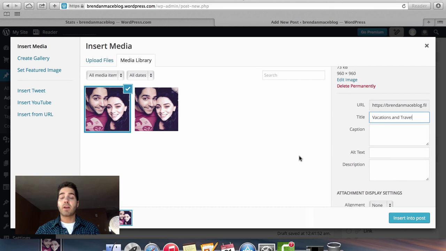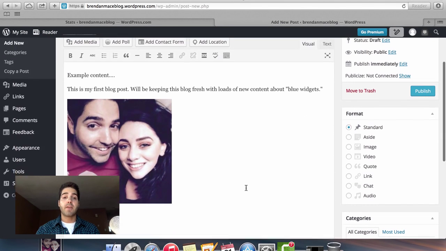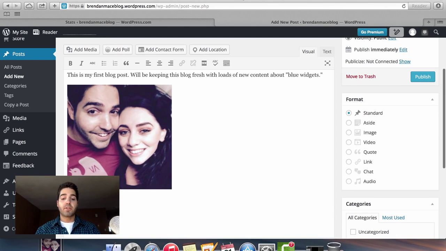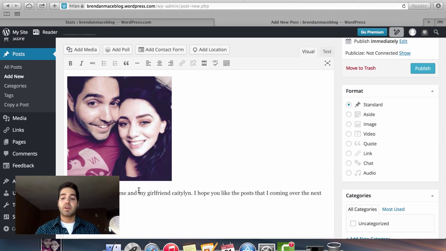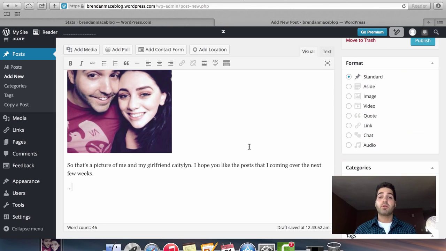Whenever I'm ready and I have all my settings in place, I'm going to click on the Insert into Post button. And there you have it. I now have my image in my blog post. After that, I can write a bit more text, put it down there, and then whenever I'm ready, I have my text, I have my image, and I'm ready to publish this post. But before I do that, I want to show you how you can embed YouTube videos into your WordPress blog,